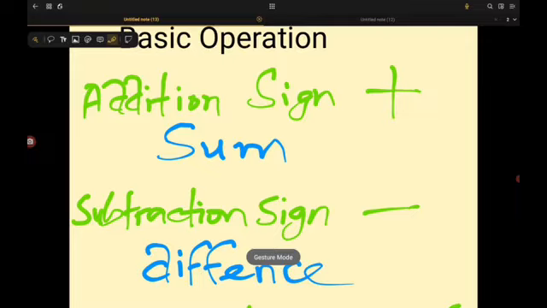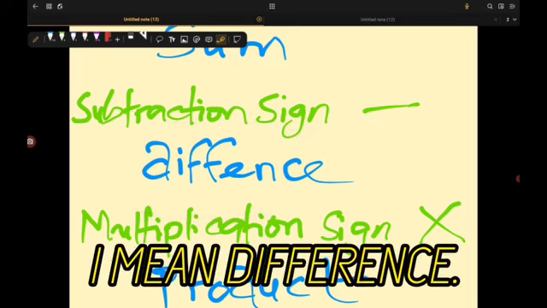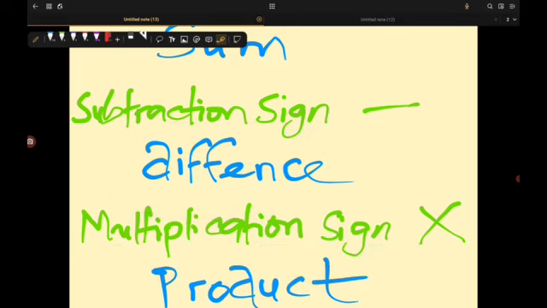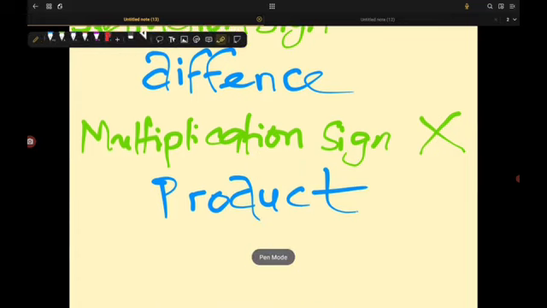Now let's move on. Subtraction sign, which is also known as minus, can alternatively be called difference. If you don't want to say subtract 5 from 15, you can alternatively say find the difference of 15 and 5. So difference is the alternative term for subtraction. Please follow me. You'll see the reason why I'm mentioning all this very soon. It won't take long. You'll see the reason why I'm doing all this, and you will appreciate my